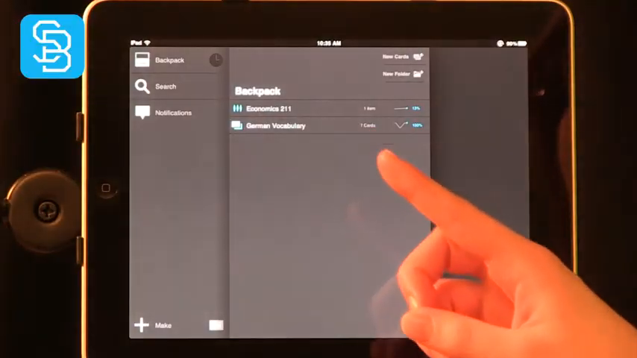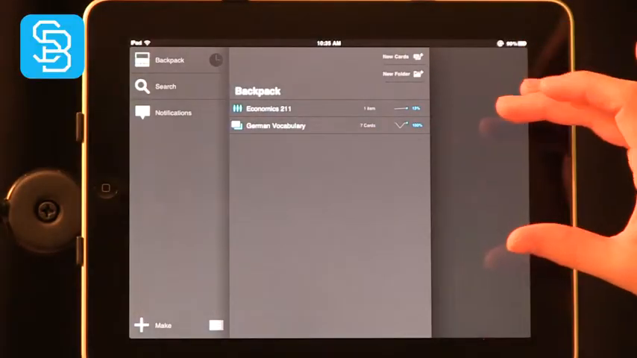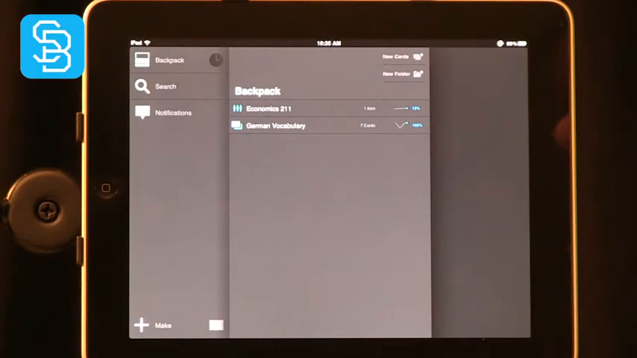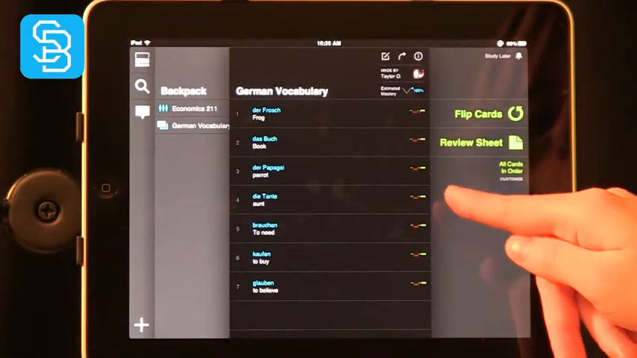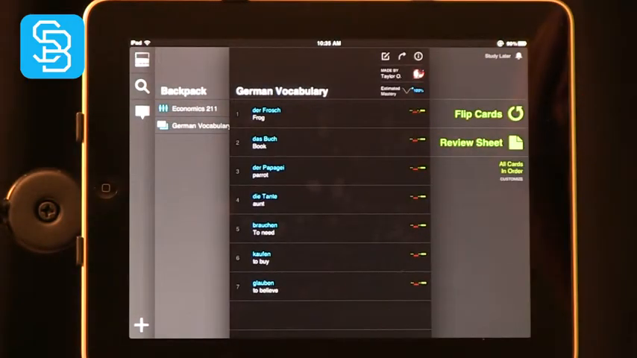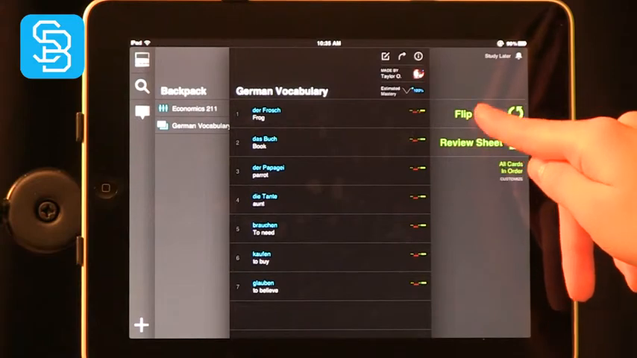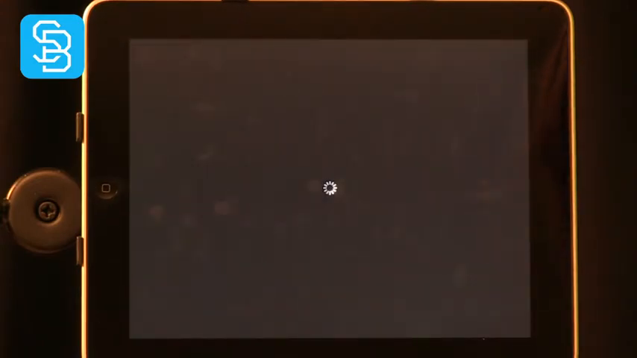The last 2 apps we're going to visit today are studying apps, and the first is Study Blue. In Study Blue, you create decks or you can import them from the Study Blue website to your account, so you can access them on your iPad. When you're studying in Study Blue, it tracks your progress. So if I'm going to flip cards to study German terms,